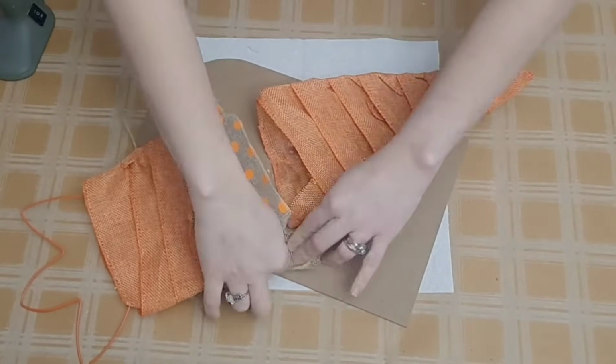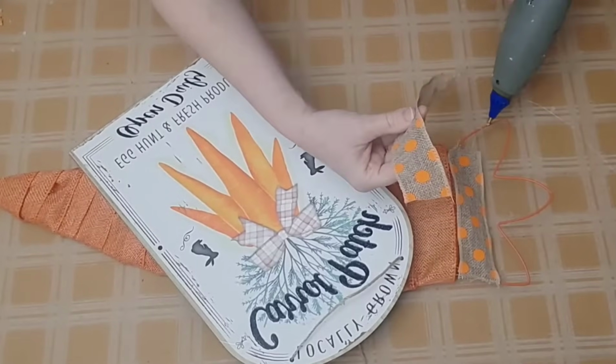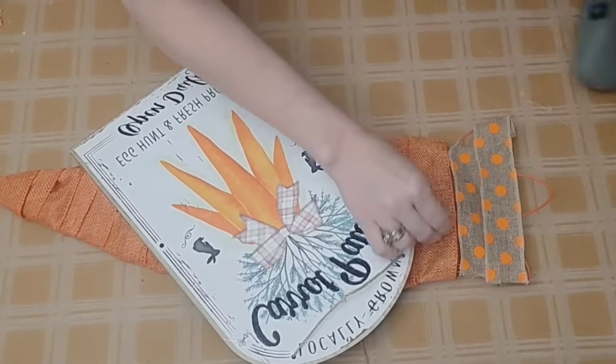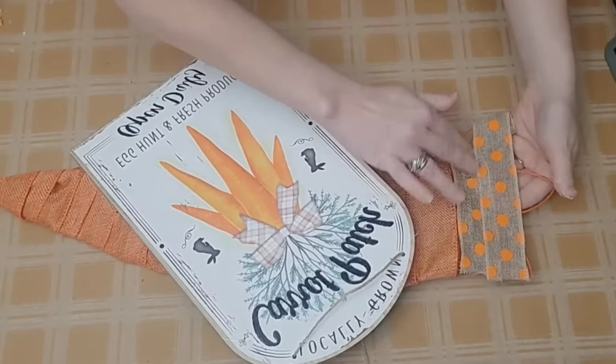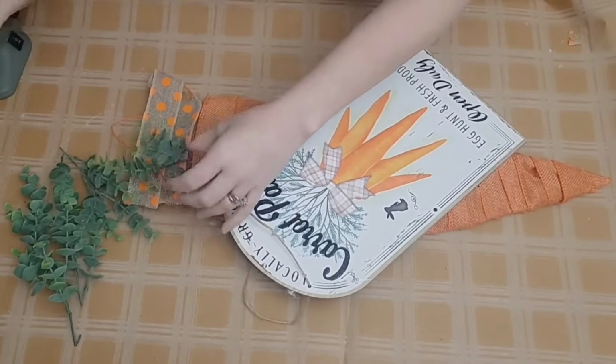everything is flipped over. I'm going to put a few strips of fabric across the wire forms to hold them on and also clean up any metal edges. Now I'm going to take this ribbon and go across the top where my greenery is going to go,